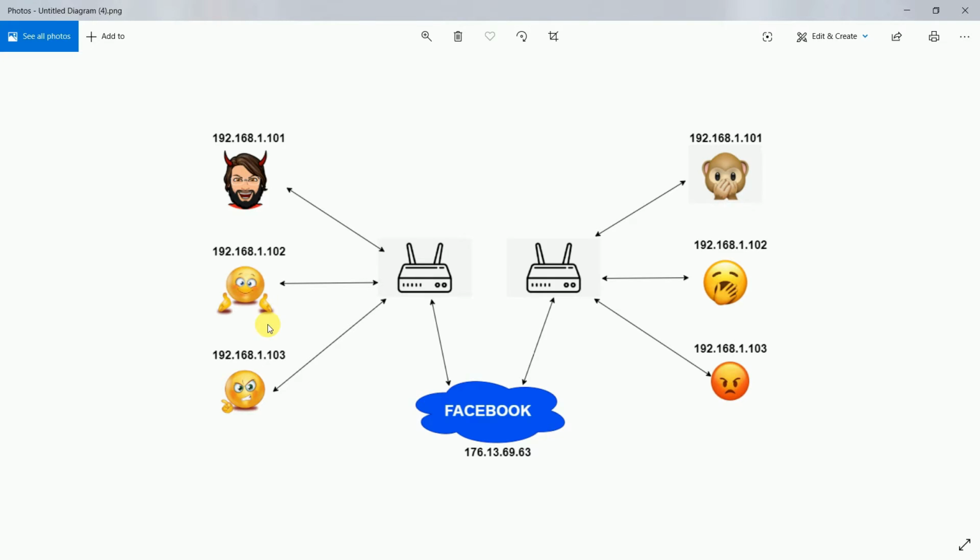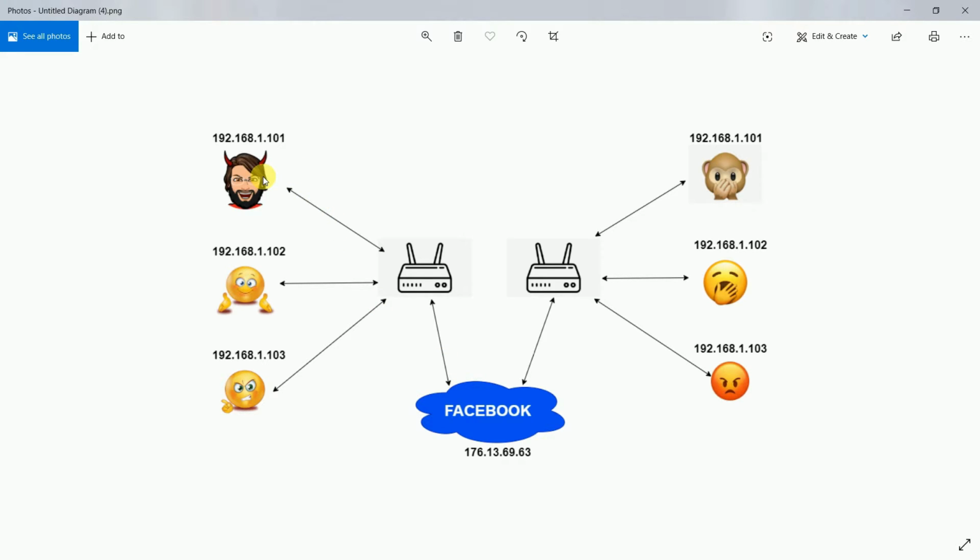So this is our typical network architecture. If you know a little bit about network architecture, you know that our network works on a client-server architecture, where any node or any device can be a client or a server. So for example, if I want to access the facebook.com server here, then I will be a client and facebook.com would be the server. At any point of time, anyone can be a client or server.